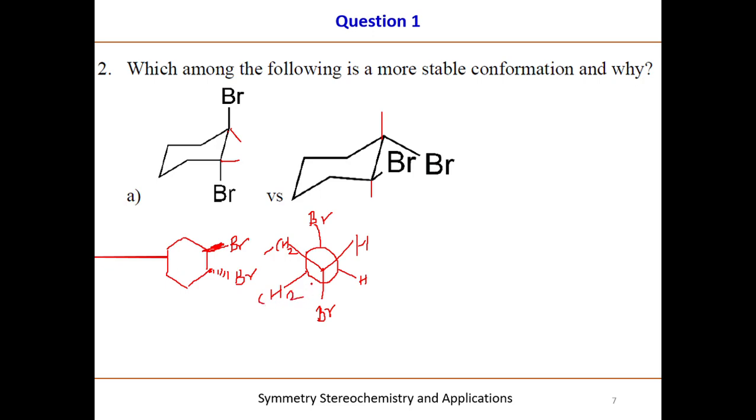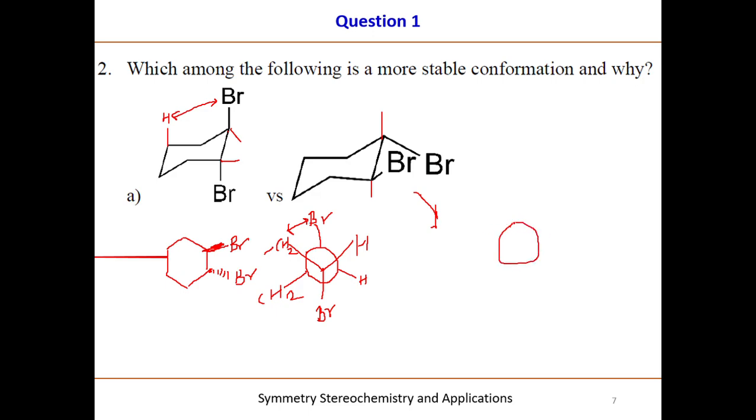Okay, so you can see here, bromine and methylene have interaction. So there is a strain here. This is called the 1,3 diaxial interaction. If you see here, the 1,3 diaxial interaction is present here. When we draw the Newman for this one, or when we see this here, there is no 1,3 diaxial interaction,